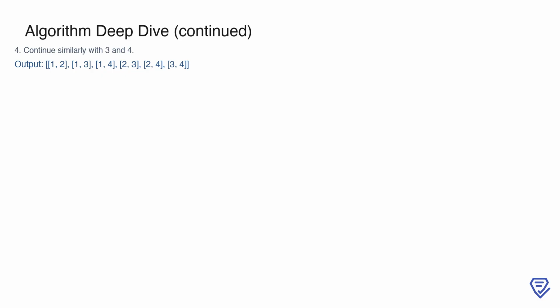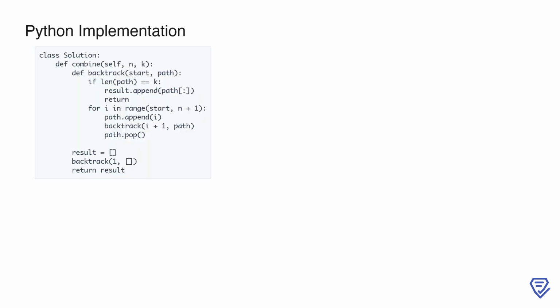At the end of this process, the output contains all valid combinations: [1, 2], [1, 3], [1, 4], [2, 3], [2, 4], [3, 4]. This systematic approach ensures that every combination of size k is explored exactly once, yielding the desired result. The solution uses a backtracking approach to generate all possible combinations of k integers from the range 1